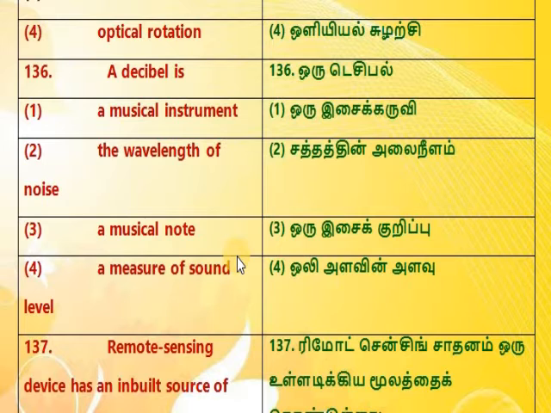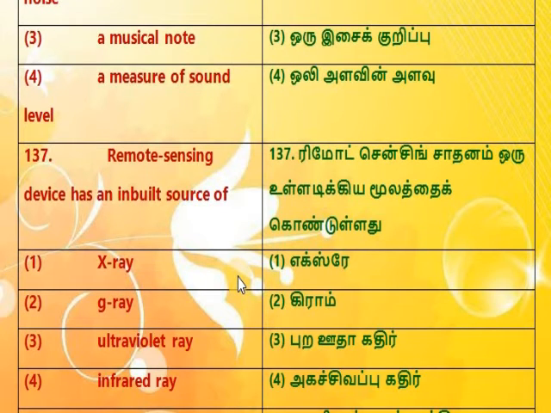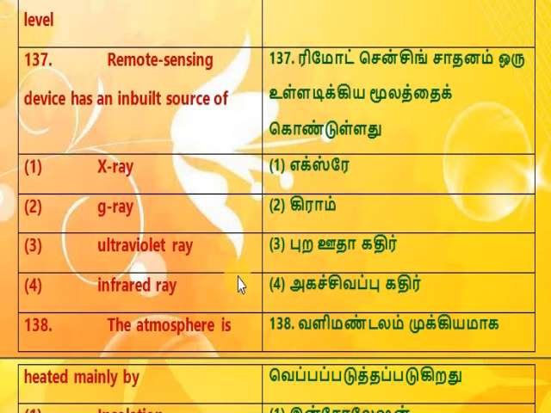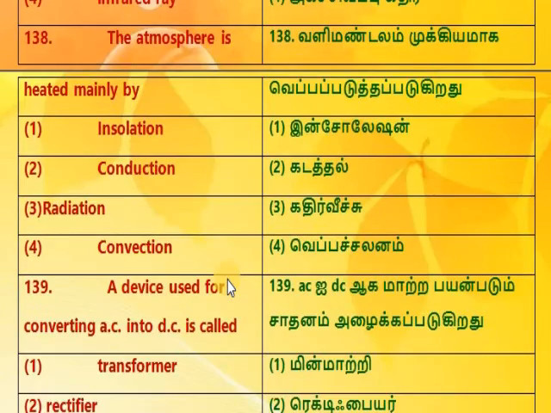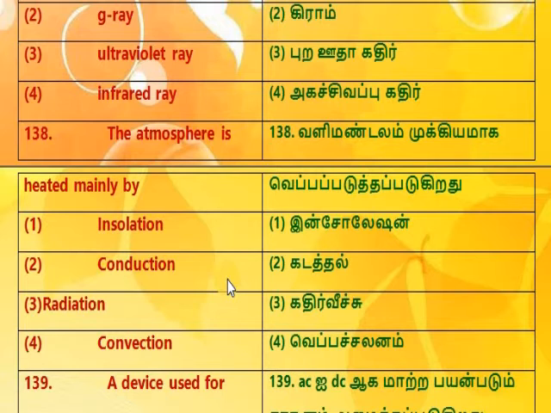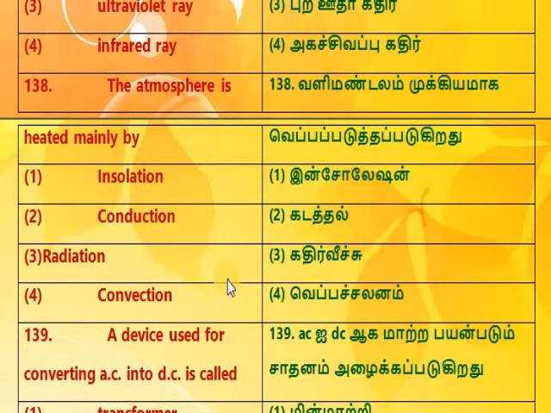136. A decibel is: 1. A musical instrument, 2. The wavelength of noise, 3. A musical note, 4. A measure of sound level. 137. Remote sensing device has an inbuilt source of: 1. X-ray, 2. Gamma ray, 3. Ultraviolet ray, 4. Infrared ray. 138. The atmosphere is heated mainly by: 1. Insolation, 2. Conduction, 3. Radiation,